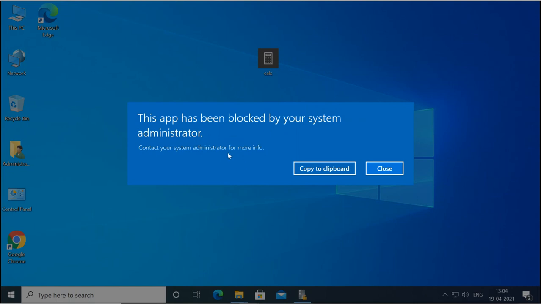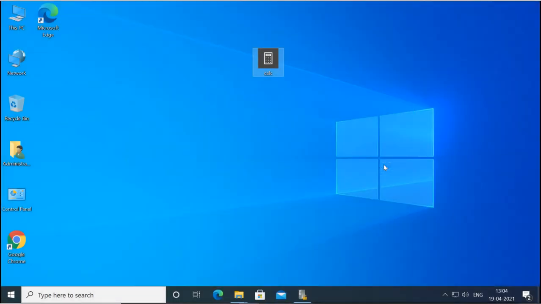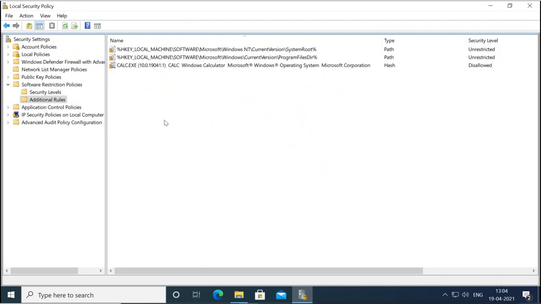I have selected the file from that folder, but this file is also not running because the same hash it has. This file has the same hash as that file in the desktop, in that directory. So whether I copy this file anywhere in the machine, still it will not be able to run because it is having the same hash. So this is what the hash rule is. So these are the rules which we can create.